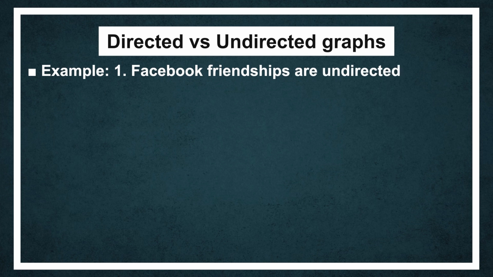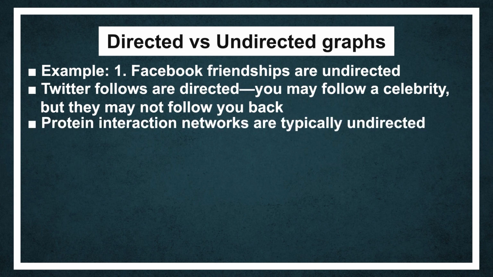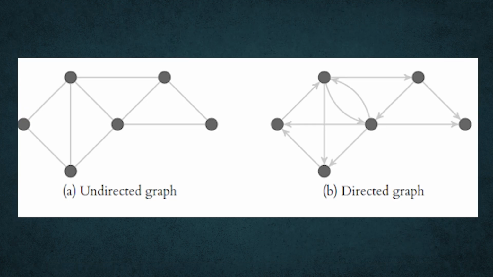In social networks, Facebook friendships are undirected, whereas Twitter follows are directed. You may follow a celebrity, but they may not follow you back. In the context of biology, protein interaction networks are typically undirected, while gene regulatory networks are directed. A gene A may activate a gene B, but gene B may have no effect on the activation or repression